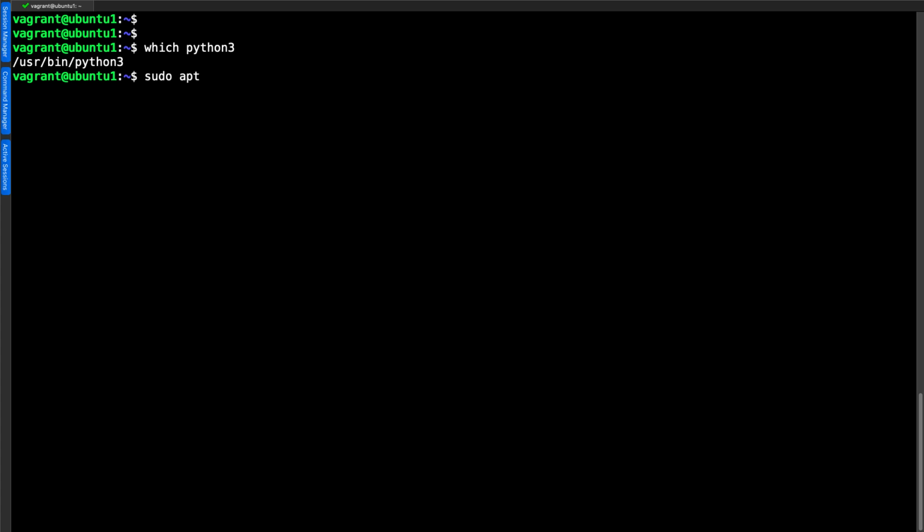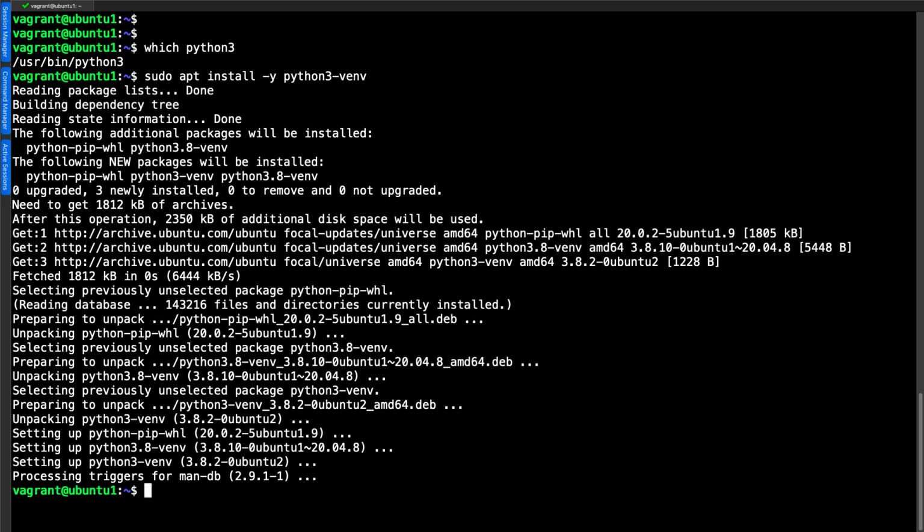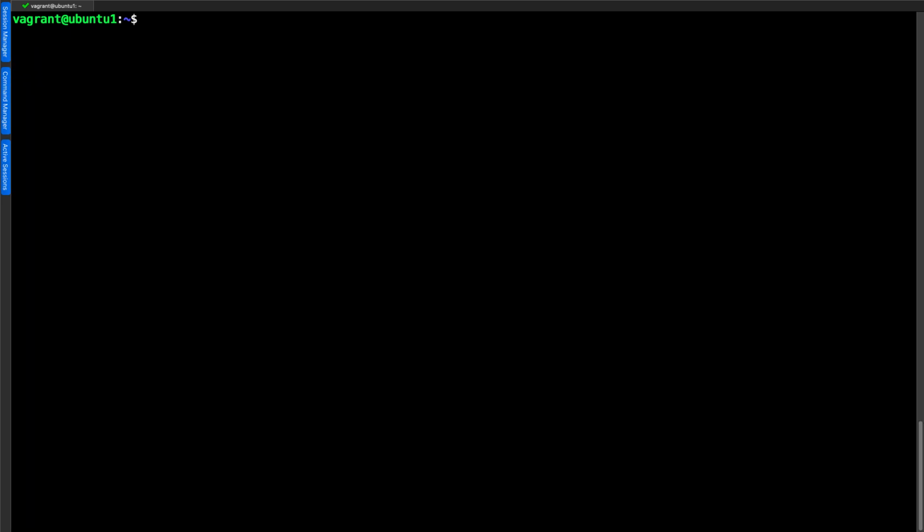Working on an Ubuntu system, I'm going to use sudo apt install, and the package name that I need to install is python3-venv for our virtual environment. This is just giving me the Python module so I can create our virtual environments. Now as I say, this is working on Ubuntu. On other Linux distributions you'll use different packaging tools and the package name may well vary. But now we have our virtual environment module installed, we create it. This is going to be the same no matter which version of Linux you're using.